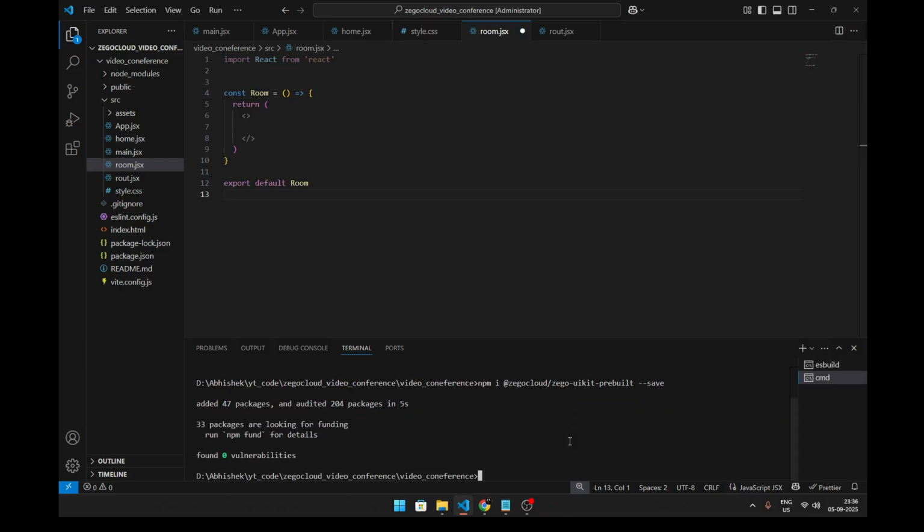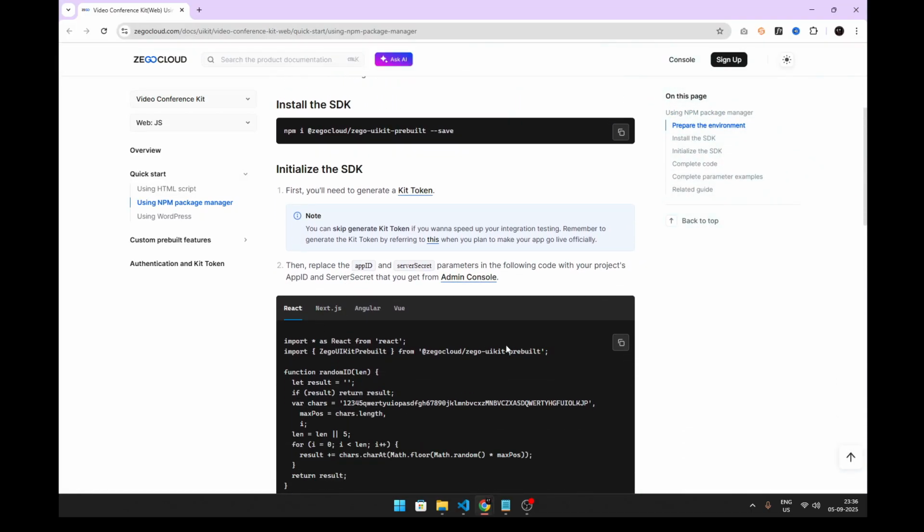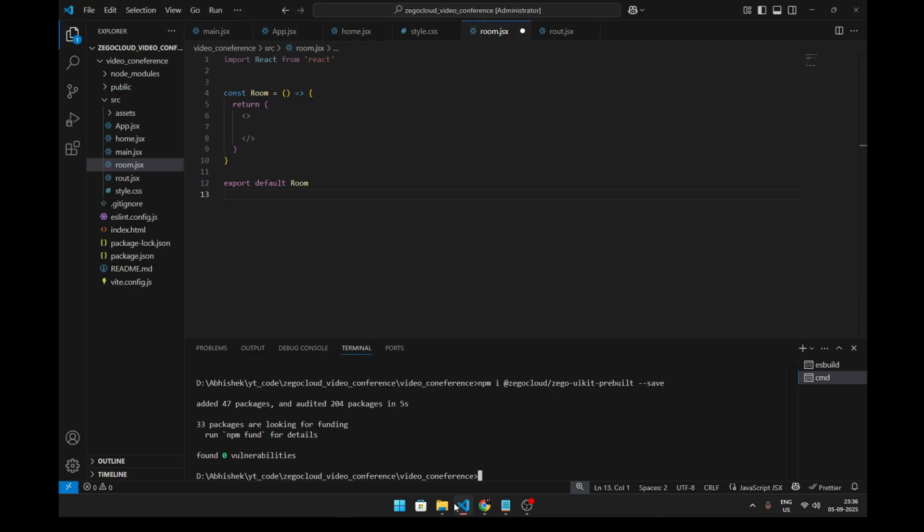This will take a few minutes to download. This is downloaded successfully in just 5 seconds. After downloading, we need to import the ZEGOCLOUD UI kits from zego-uikit-prebuilt. So copy this, we will import this into our file here,